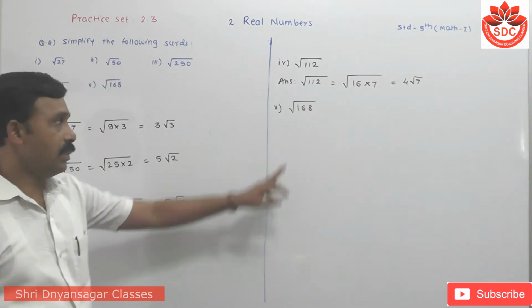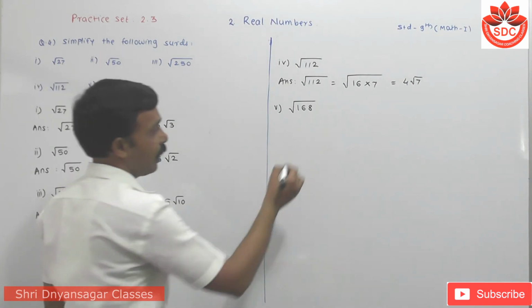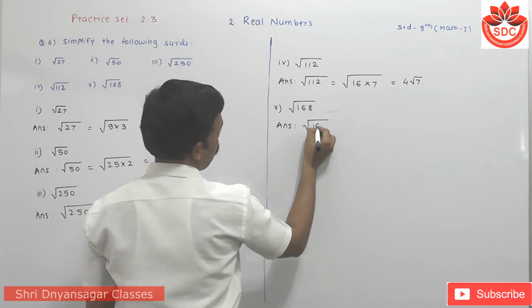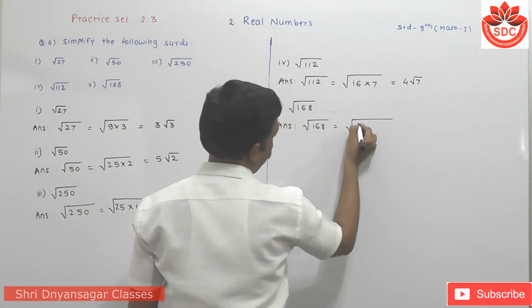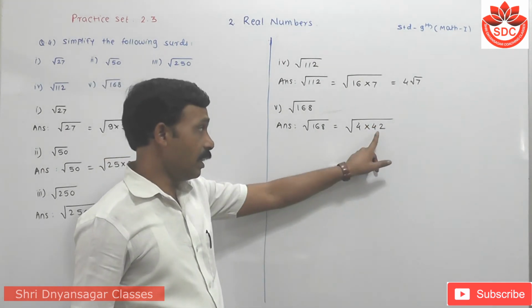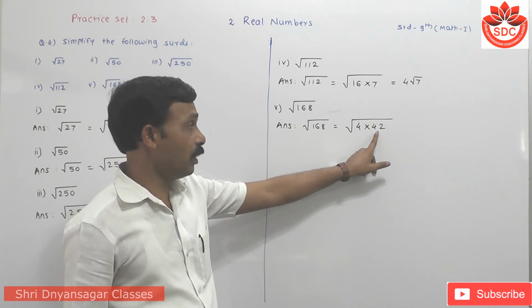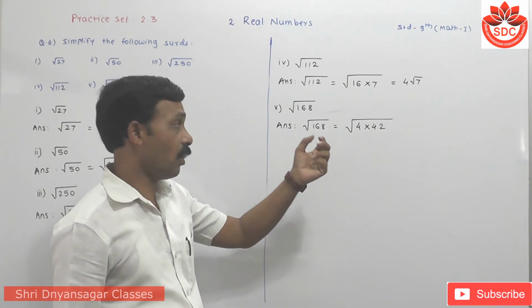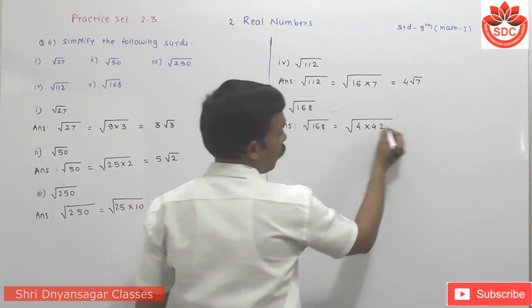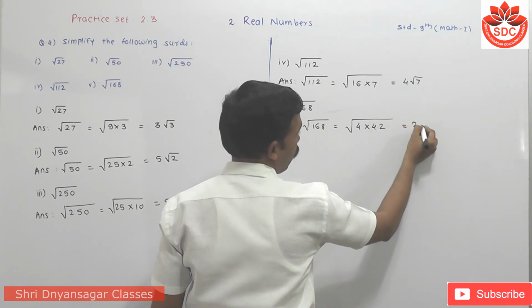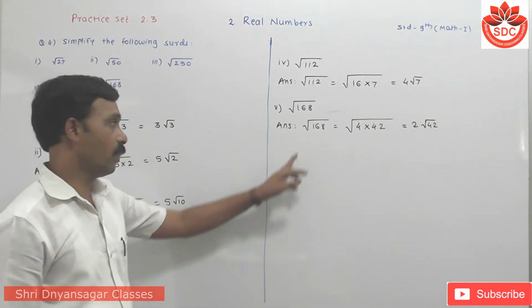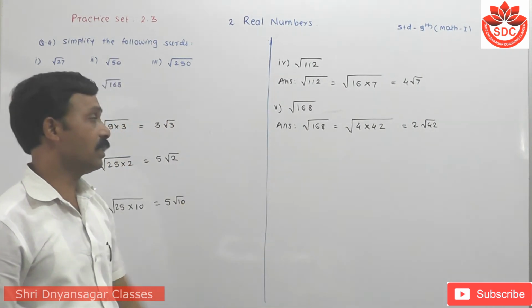168. Now student, here is 6 and 8, we can divide it by 4. So I have to simplify this in such a way that, in root of 168, we simplify by using 4, so that 4 into 4, 4s are 4 2s are 42. If you again simplify this 42, it becomes 21 2s are. But we cannot find the factors or square root of 21 and 2, so this is the factor here. When we find the square root of 4 it is 2, and we cannot find the square root of 42, so this is the simple form of root of 168.